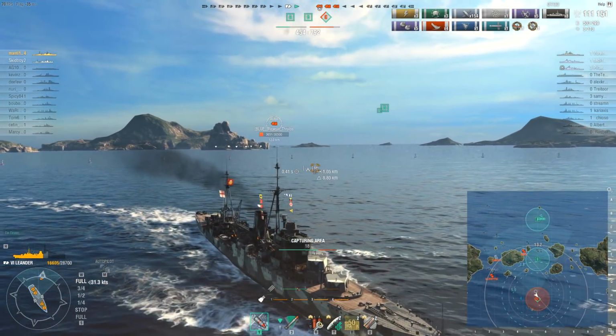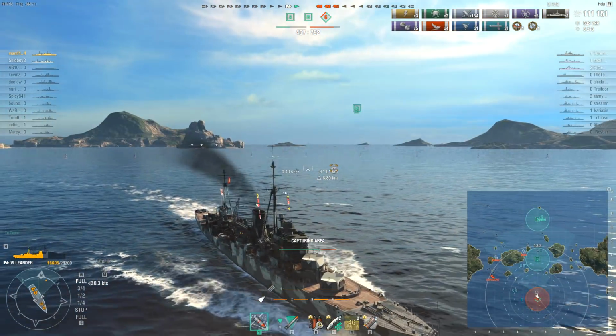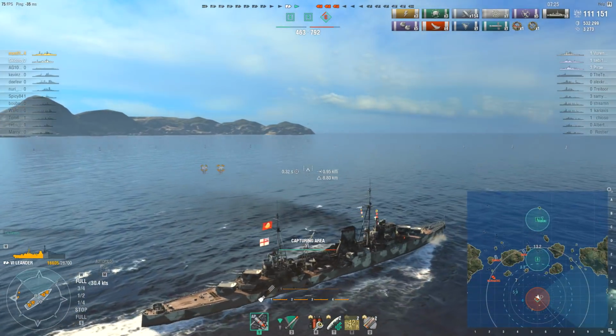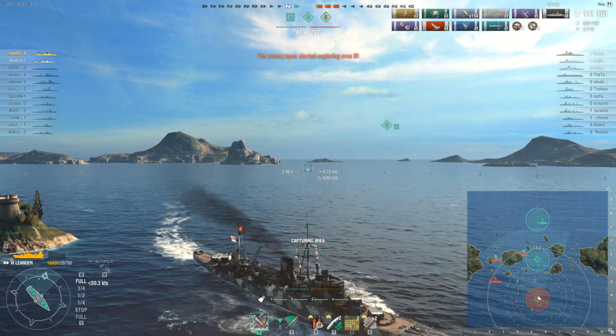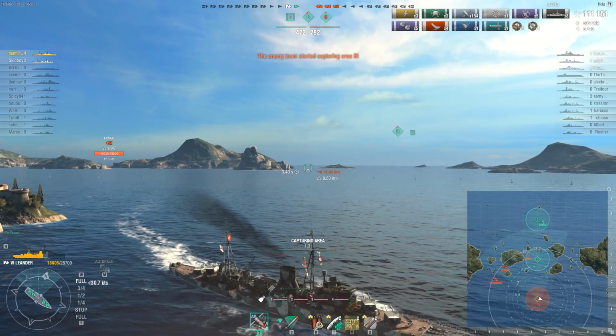Anyway, so, yeah, he takes out that Nürnberg, though, and now it's basically just him and one remaining destroyer, which is, I think, a Mutsuki. Or is it a Fubuki? Oh, that's a Fubuki, right? Yeah, that's a Fubuki. So they've gotten 2 cap circles, but the enemy team still has a massive points lead,